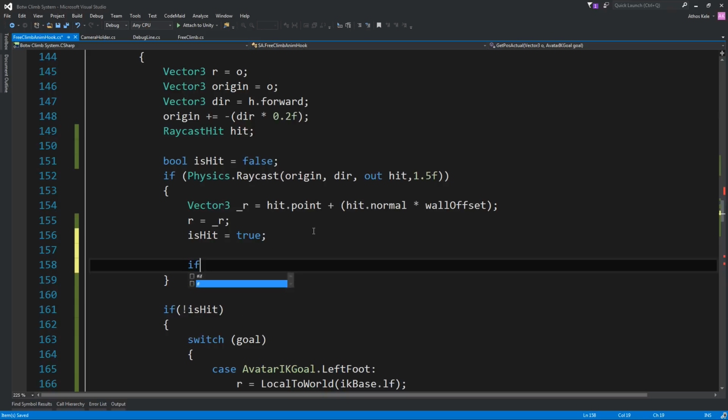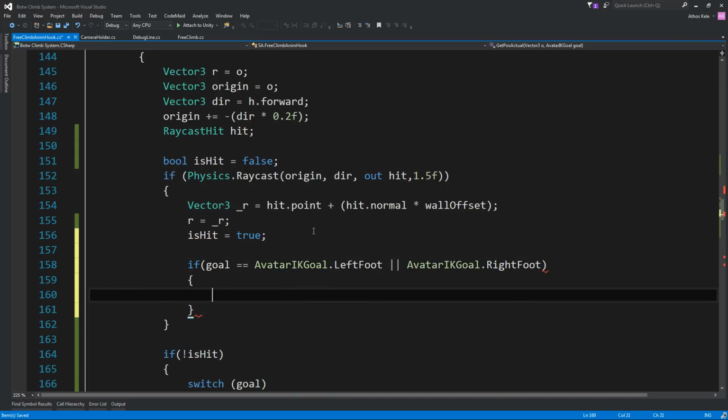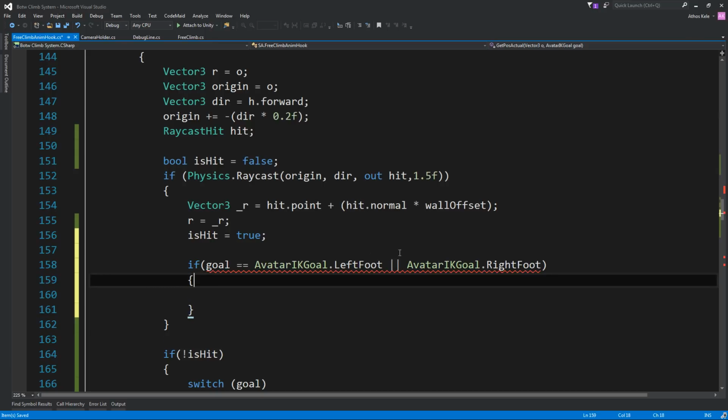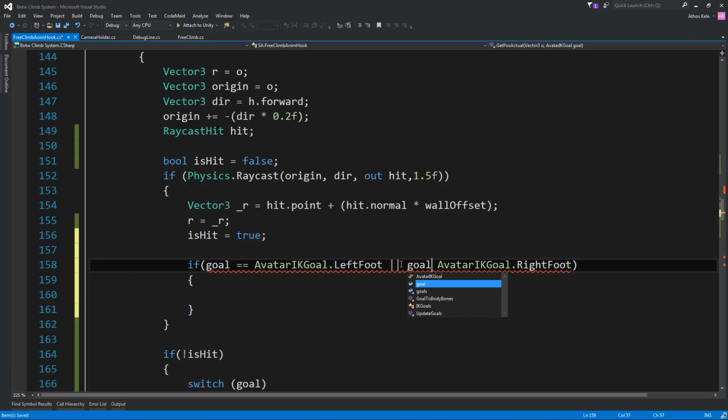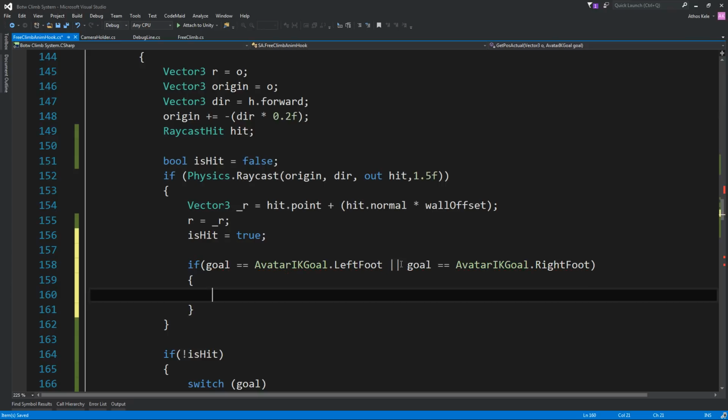when we hit something, if the goal is left foot or right foot, then compare the y.